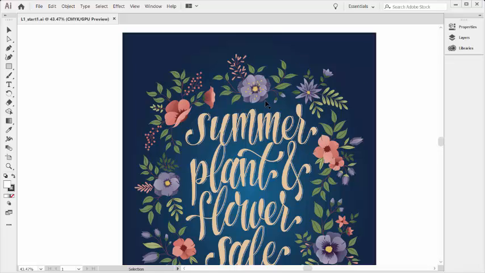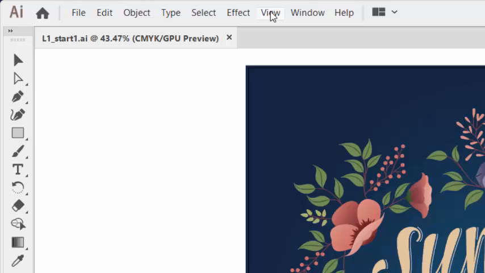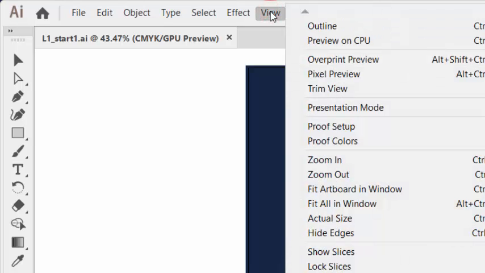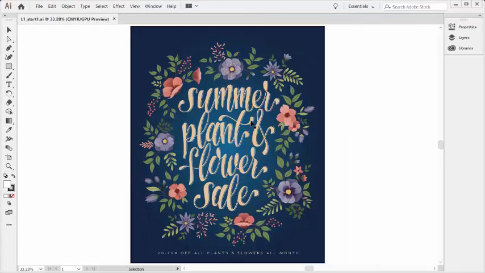Anyway, we have a file here, but we don't actually see the entire file. It's being cut off at the bottom. So in order to see the entire file, I'm going to go up to View, and then down to Fit Artboard in Window. That's what we call the document here, the artboard. And there we can see the entire artboard now. So now we can see some other